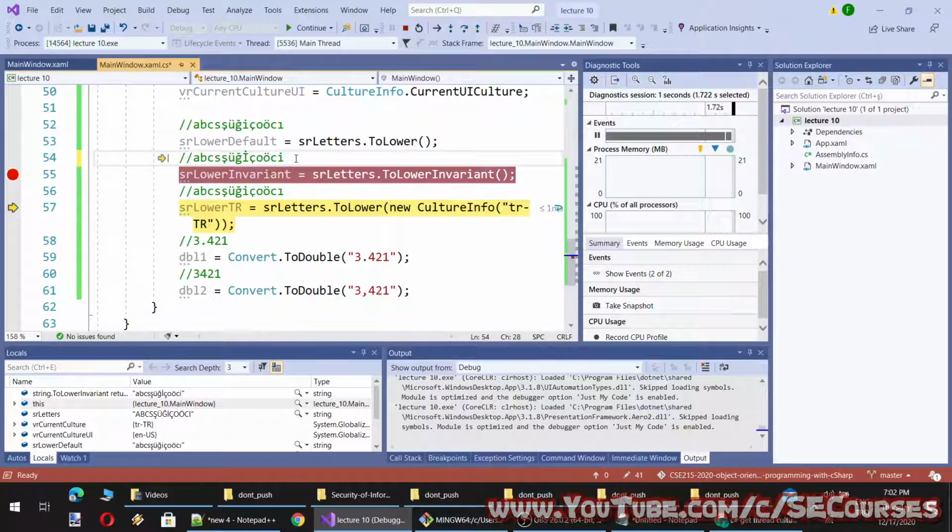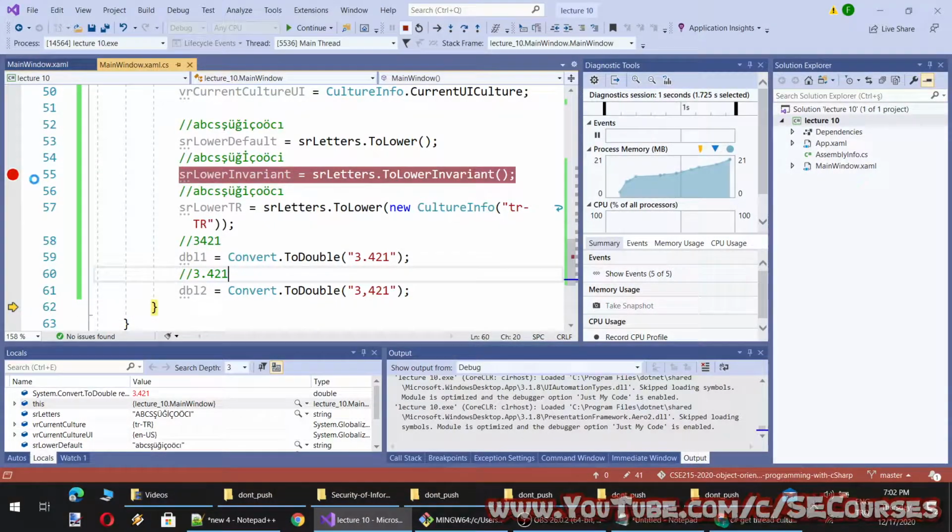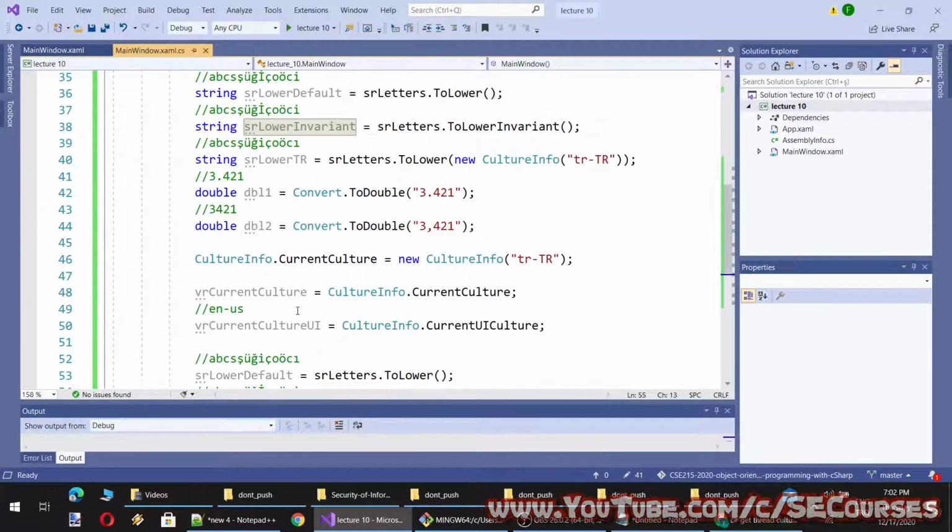It is independent of the culture. And of course, the Turkish culture is like before. And let's see the conversion of double. Okay, you see this time this is becoming like this, and the other one is becoming like this. Okay, so how you set your culture makes a huge difference.